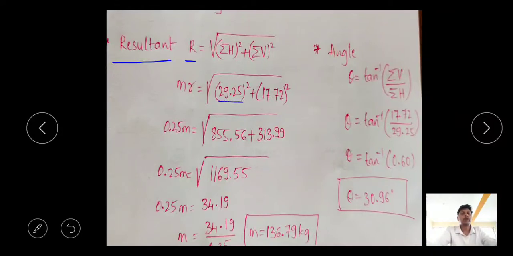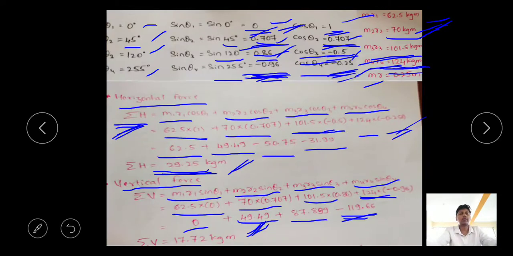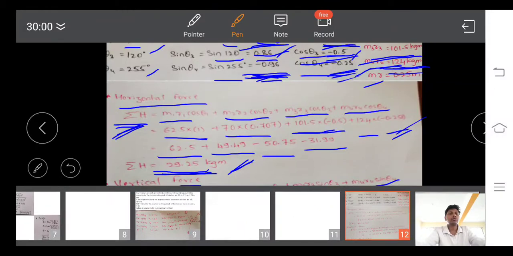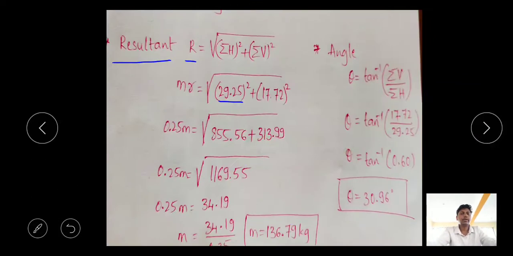Horizontal, you are getting 29.25. From here you are getting 29.25. Vertical is 17.72. So that is 29.25 square plus 17.72 square. Okay, if you just square 29.25, you will get 855.56. And if you square 17.72, you will get 313.99. So now if you add both, 855 plus 313.99, you will get